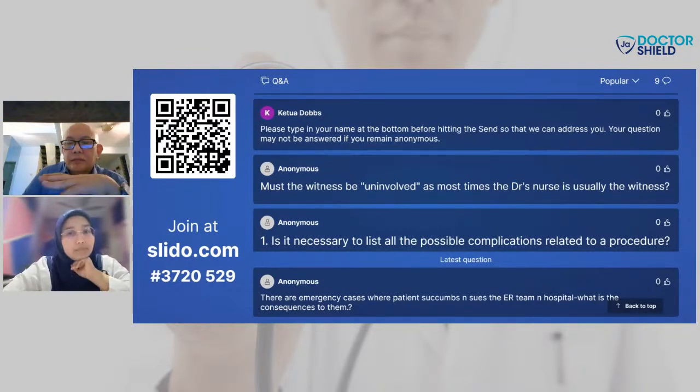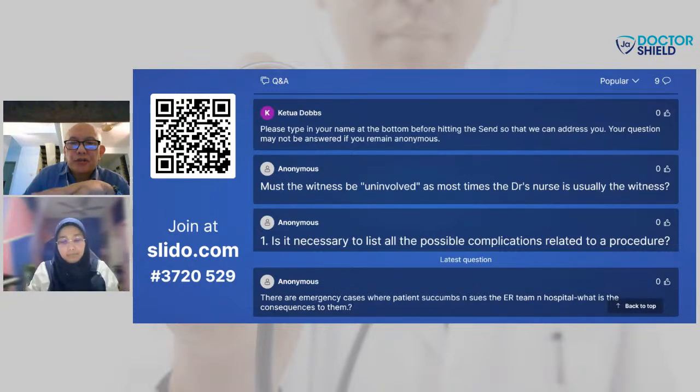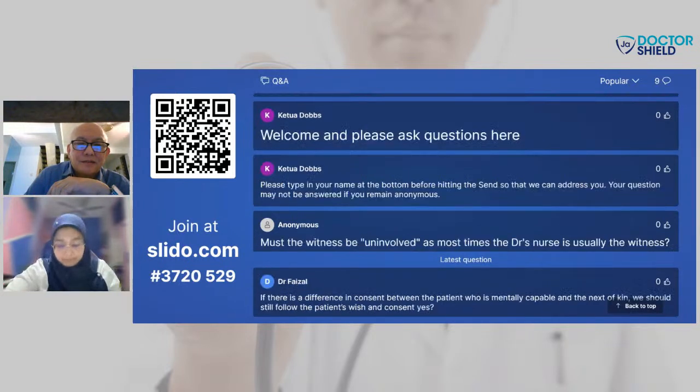In your earlier part of the talk, you mentioned the MMC definition of consent. If I recall, it doesn't actually mention a witness. I mean, how compulsory is it for there to be a witness signature? Sometimes some procedures are quite straightforward, like for example, blood transfusion or something else. Is it really stated anywhere in black and white, and must every type of consent be witnessed?